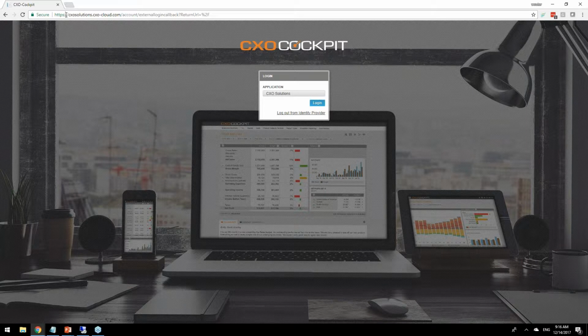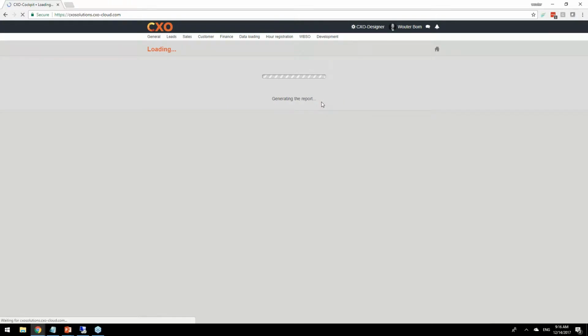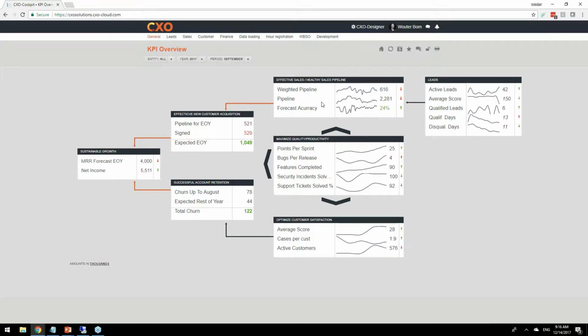What you see is that it's a secure cloud. It runs under cxosolutions.cxocloud.com. So this is 100% cloud architecture and infrastructure. So when I log into this dashboard, the very first thing that you will see is that